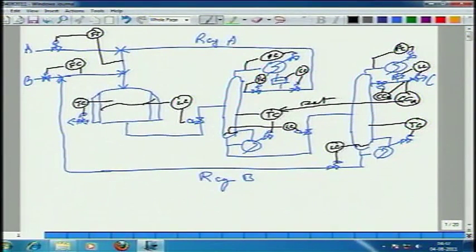What does the stripping section in the product column do? It prevents C from dropping down the bottoms. Yes or no? Now, this understanding has to be fundamental. This understanding has to be very clear. By adjusting the reflux, if you increase the reflux, the amount of B going up the top decreases. But if too much A is leaking down the bottoms from the first column, from the recycle column, your purity is going to be off spec.